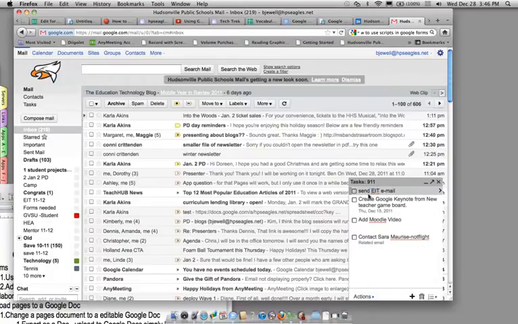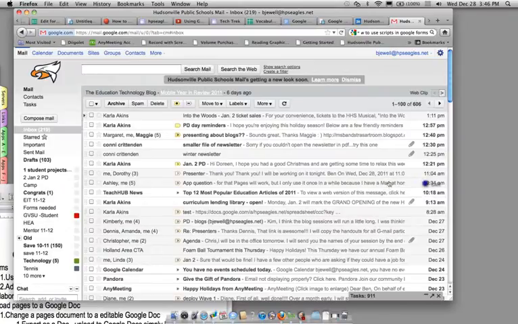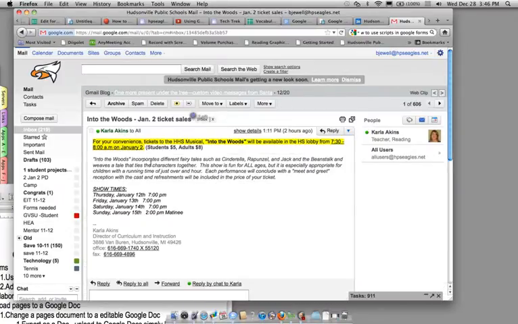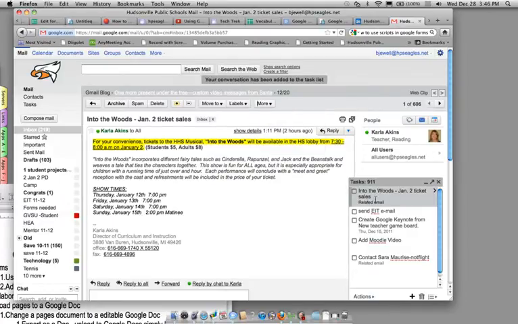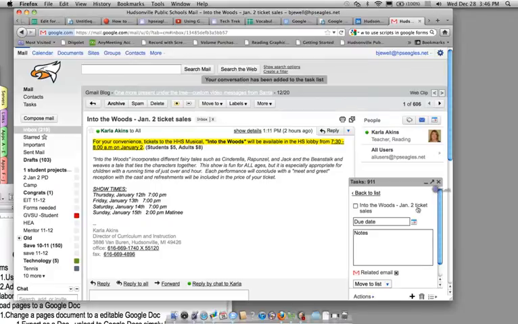and then I can always prioritize those emails. But the one nice thing is I just created my own kind of to-do list on the side, and I can minimize it. But let's say I needed to do something with this email. Up here in the more, I can add this to task, and then right now there's a related email on there. So if I click on this,